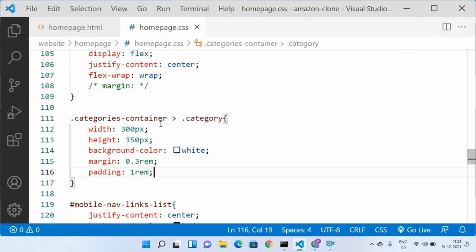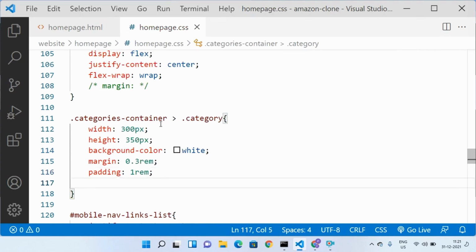Then when we hover over it, we want the cursor to be pointer.